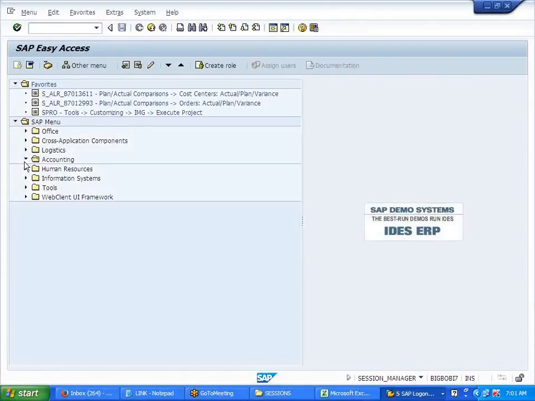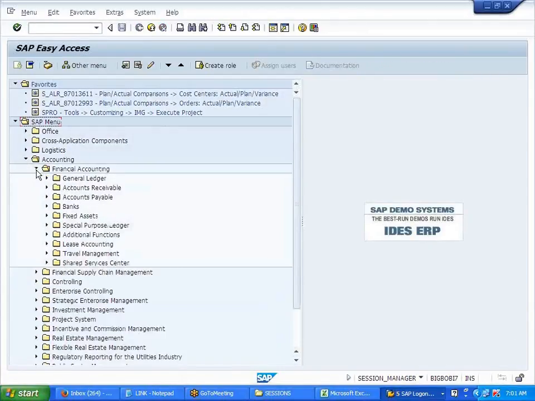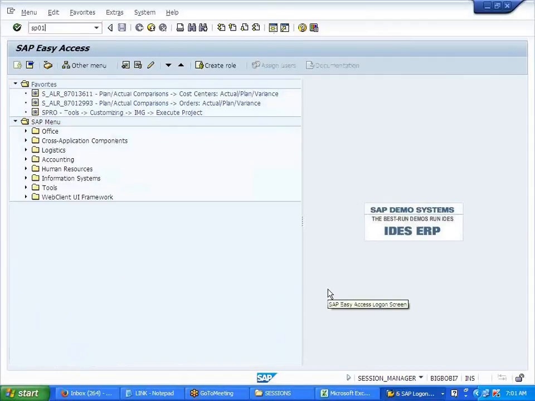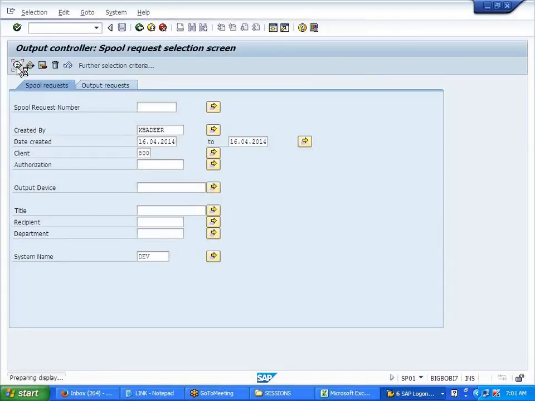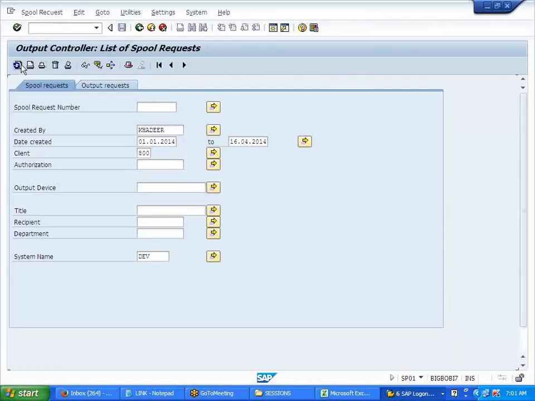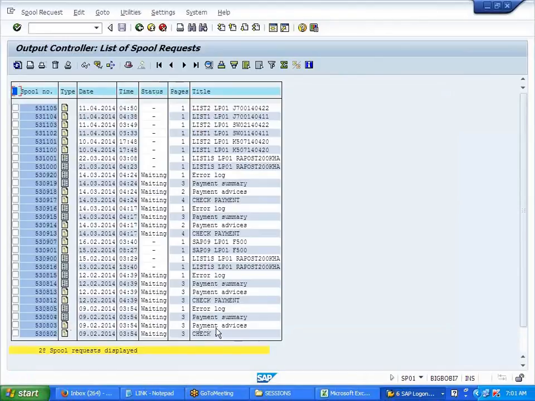So what I'll do now is just show you the print of that. Okay.